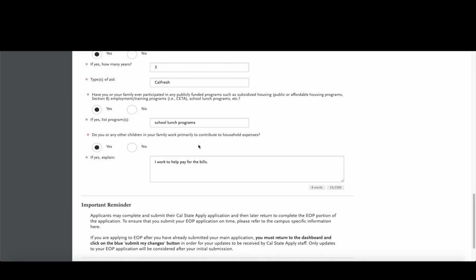Following that, you have questions about financial assistance, so different programs. So the first question wants to know if in the last 10 years the family received public assistance programs such as CalWorks, CalFresh, Welfare, AFDC, TANF, Social Security, Disability, etc. Say yes or no. If you say yes, you're going to say how many years and then also specify the